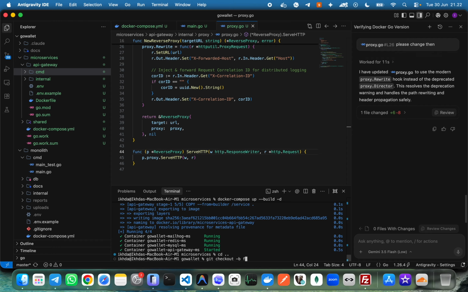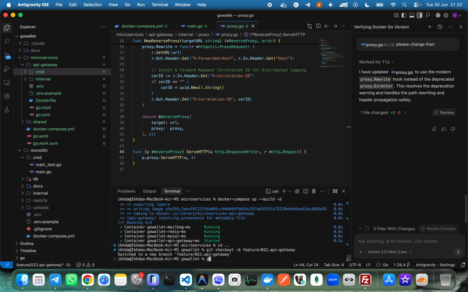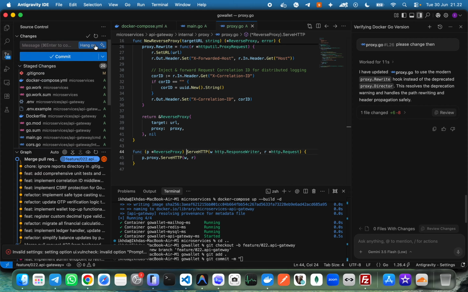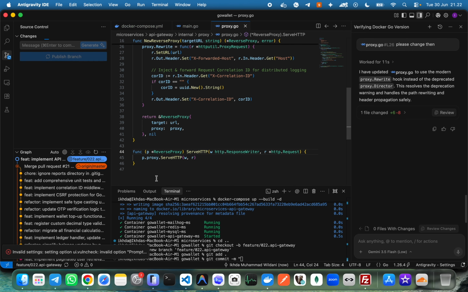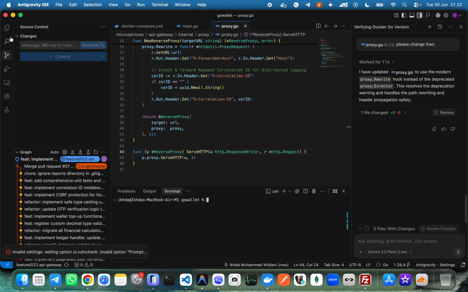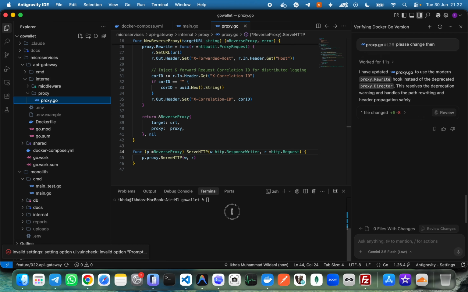I will try to checkout -b. This one should be feature/0 API gateway. git add, commit -m feature. Wait, I think generate first from here. Okay, and then publish, and I will merge this one